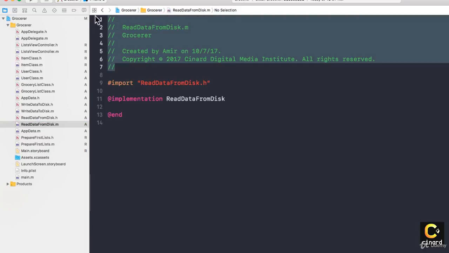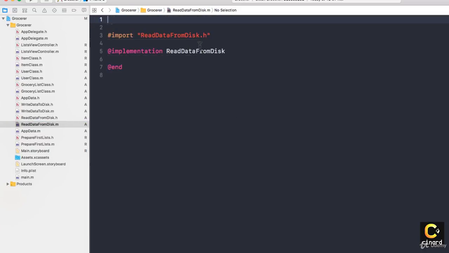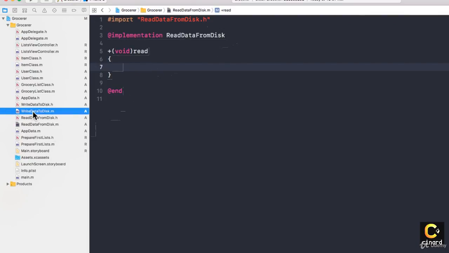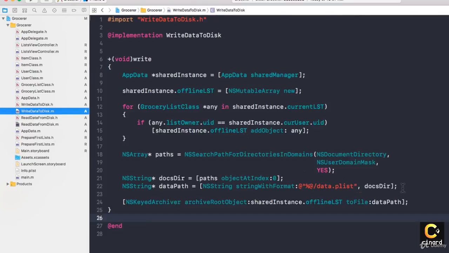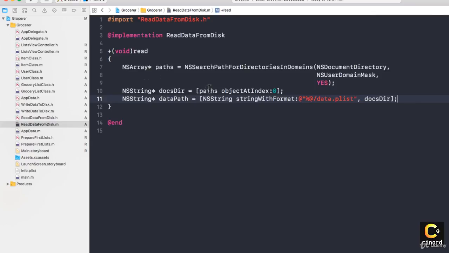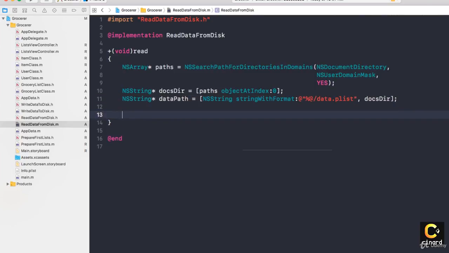Let's go to my .m, and in my .m, what we have to do is get access to the same directory as before. So because of that, I'm going to go to my right and copy this little section because it doesn't really make sense to type all of it one more time. So we want to go to the same documents directory, find data.plist, and then I'm going to say